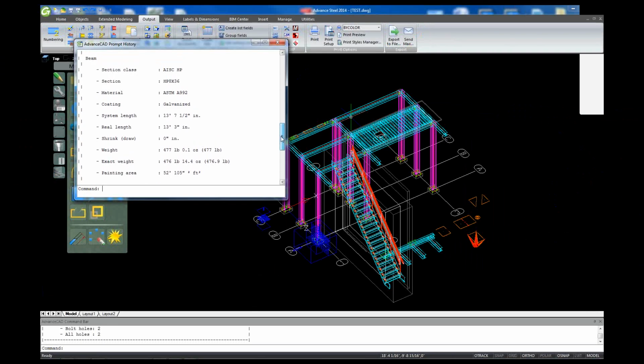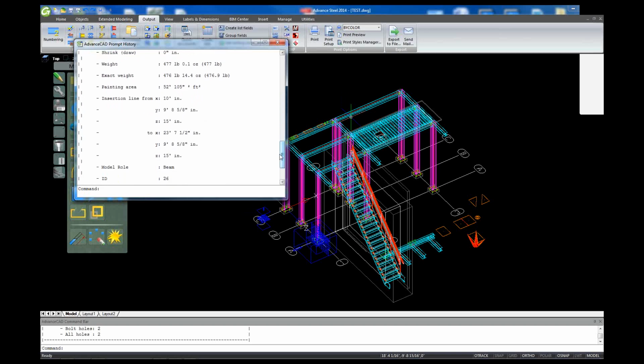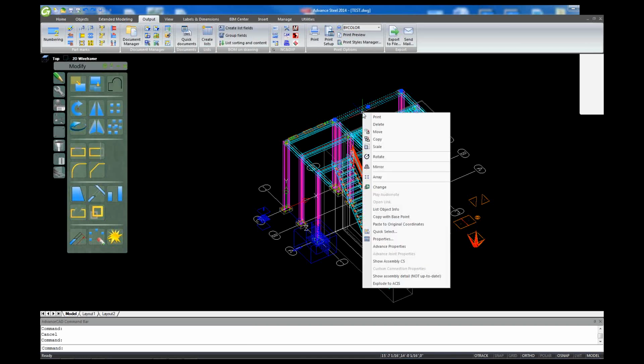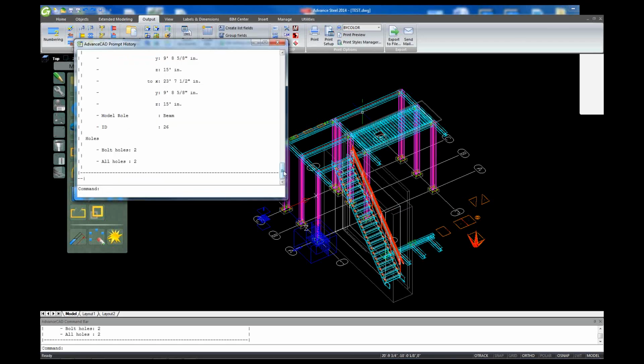You see it, Tony? Where did you go to get that? I'm not sure. I think I went to list object info. Yes, that will be a method. There is another method that will allow you to determine all your steel objects'